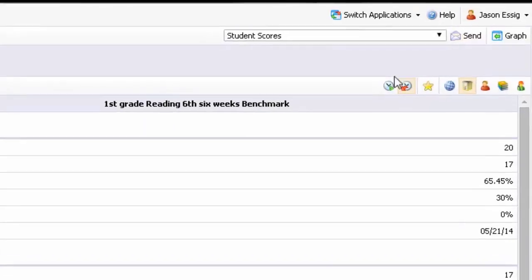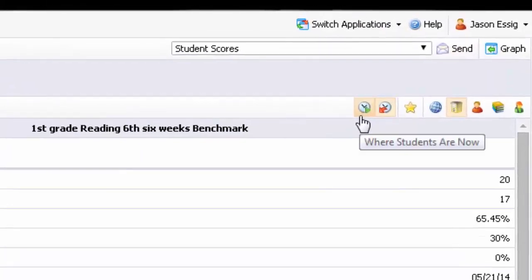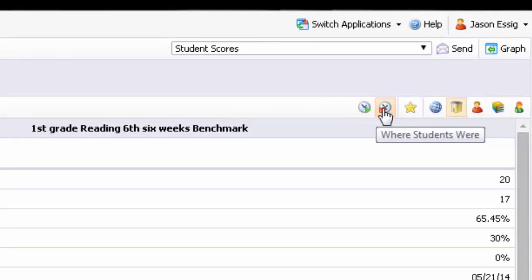Now that we've looked at some of the ways that we can view our data, let's go to the right-hand side and talk about some of the little icons that we have here. On the top left, you have two little clocks, one that's green and one that's red. What the green clock means is where the students are now. That means that these students are currently in your class, so you're only going to be pulling students from your class right now. The red means where the students were,